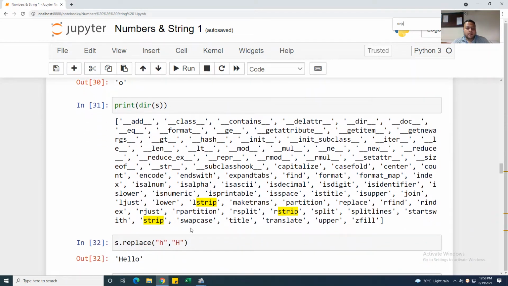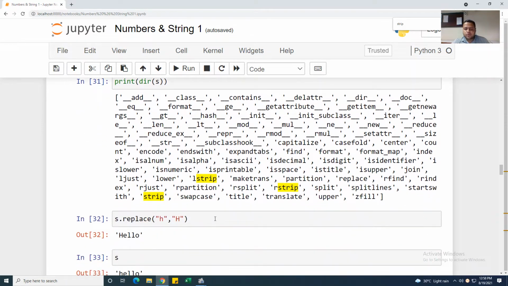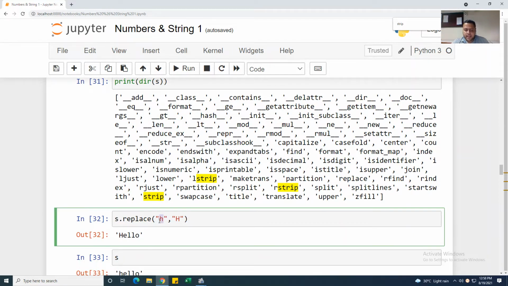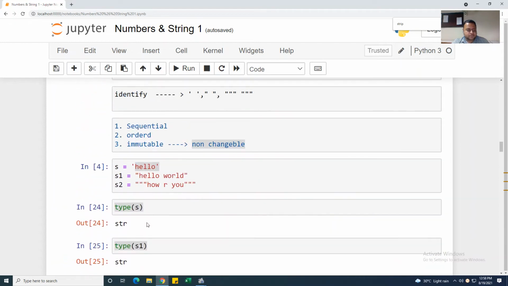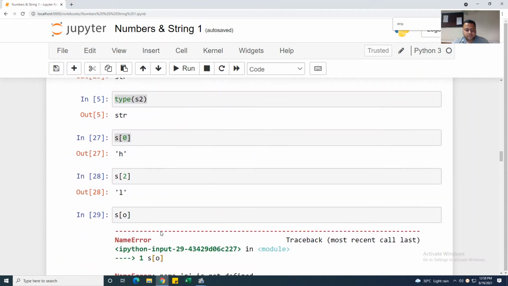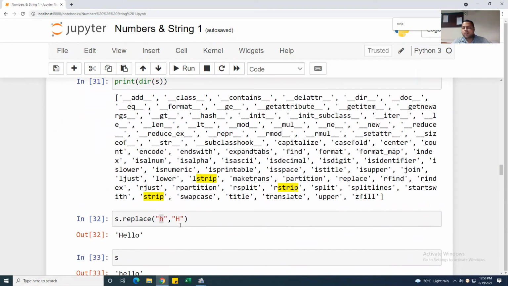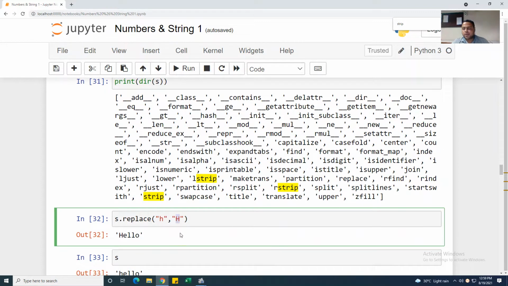Now, I'm taking one example of replace. We will do all the examples in the string. I'm taking one example as dot replace h. Whatever you want to replace, you have to put first. I have to replace this h, you have to put it first. And with what you want to change it, you put after the comma, with capital H. Then you run the program, shift enter, and your small h will be changed by the capital H.